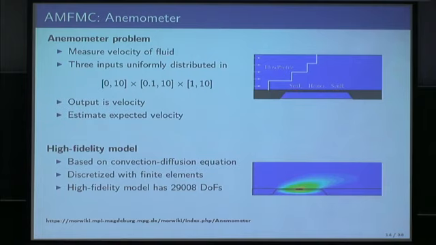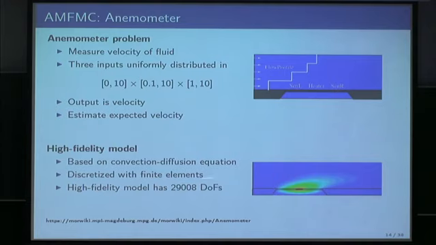This is an anemometer where we have a channel, and in this channel there is a fluid that flows through the channel, and there are two sensors, a sensor left and a sensor right, and the heater is in between. What this device should do is sense the velocity of this fluid. So it heats the fluid here, it senses the temperature left and the temperature right, and these are the temperature contours. From the difference between the left sensor and the right sensor, it can infer the velocity of this flow. The high fidelity model is a convection diffusion equation, and again you can find all the details here and on this website and in the corresponding papers that are cited there.